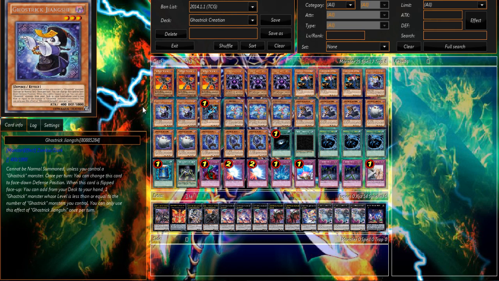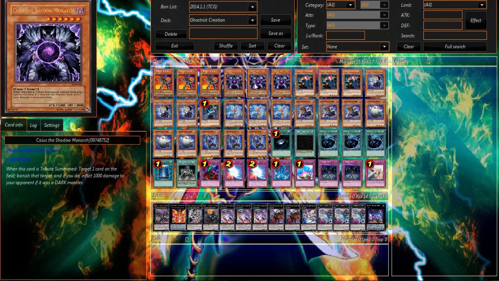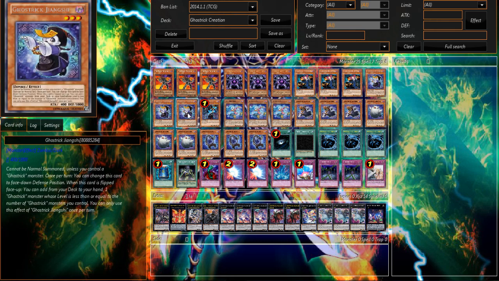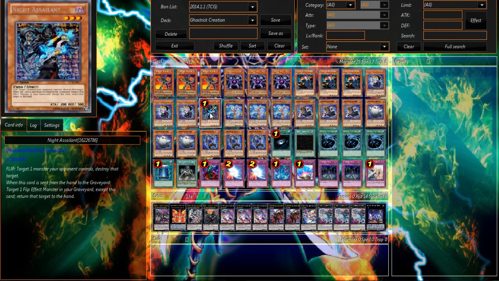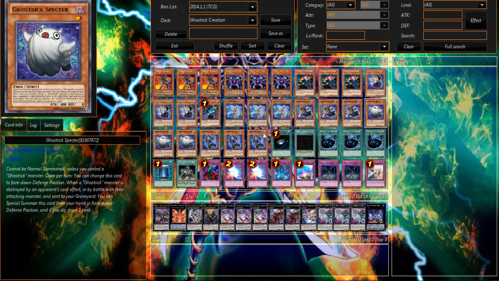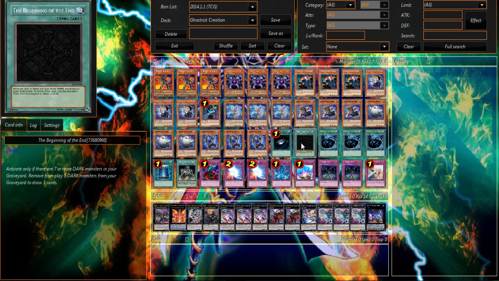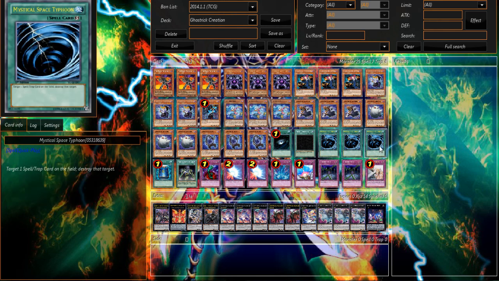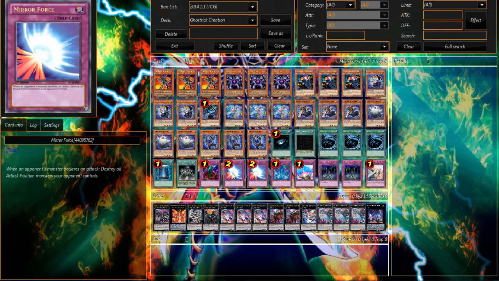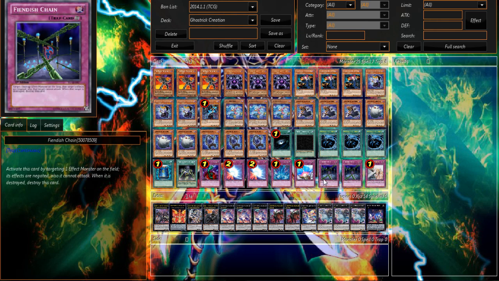We'll start this out. Let's see, we have 3 Dark Creators, 3 Caius the Shadow Monarchs, 3 Tour Guides, 3 Jiangshi, 1 Night Assailant, 3 Ghostrick Frosts, 3 Ghostrick Lanterns, 3 Ghostrick Spectres, 3 Ghostrick Marys. We have 1 Dark Hole, 1 Beginning of the End, Mystical Space Typhoon at 3, Book of the Moon at 1, Swords of Concealing Light, Bottomless Trap Hole, 2 Mirror Force, Torrential Tribute, 1 Compulsory Evacuation Device, 2 Fiendish Chains,